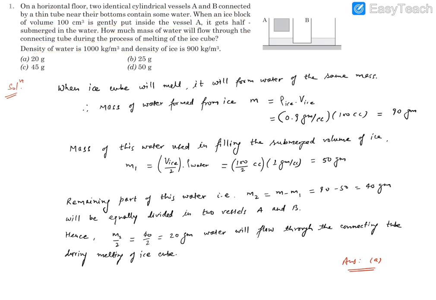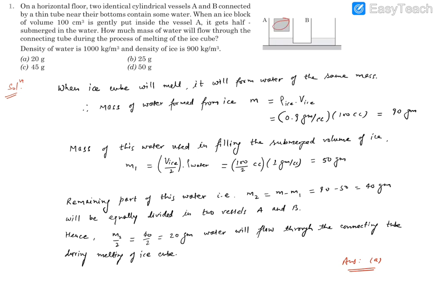So the question in a nutshell says this is a figure, this is a cylindrical vessel and this is another cylindrical vessel, and they are connected by a small tube downside, and they initially have the same water level. And this is the ice cube you are going to put on A gently. Once you put it inside, you will find half of its volume is going to be submerged. So it will be in a half submerged, half floating condition, and then there will be a particular level of liquid in the two vessels, and that level will be identical.